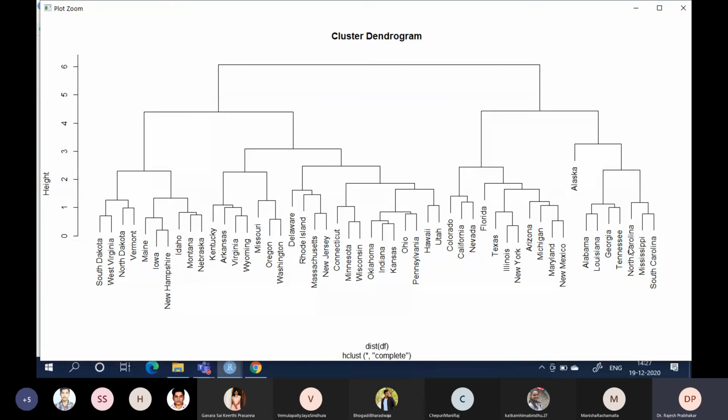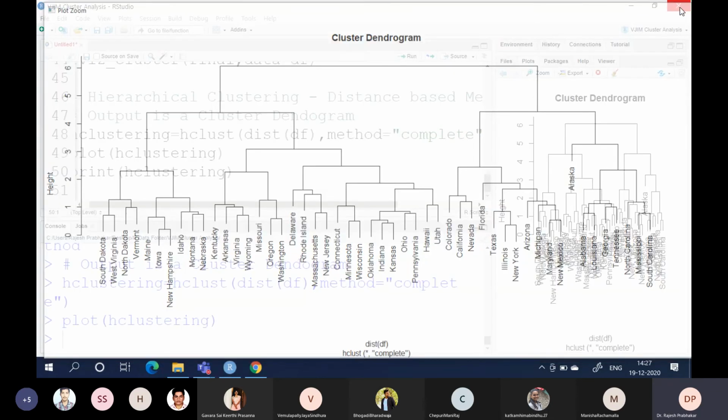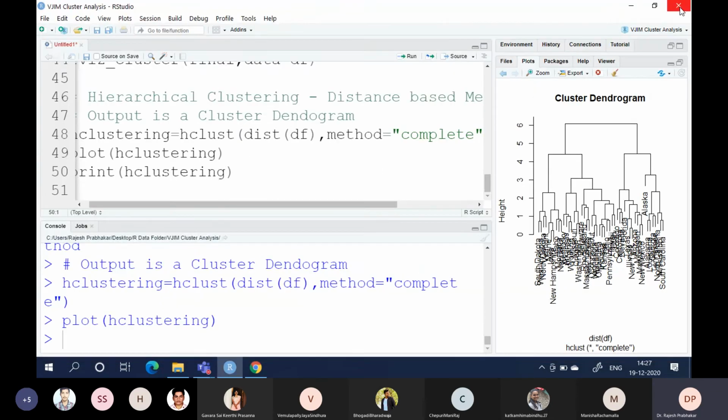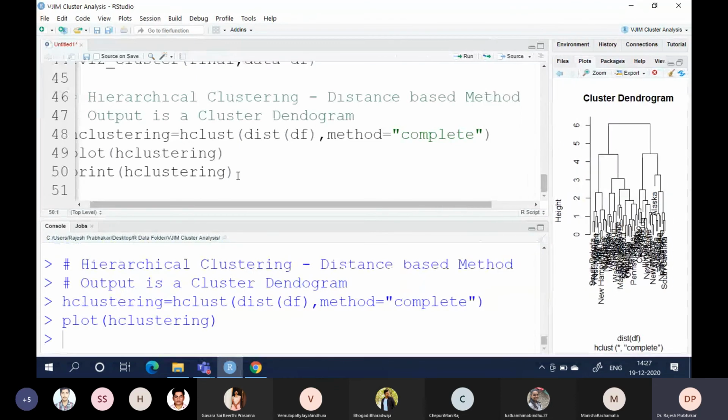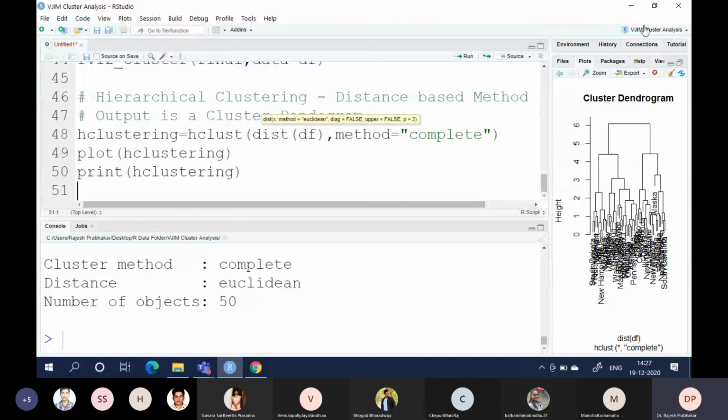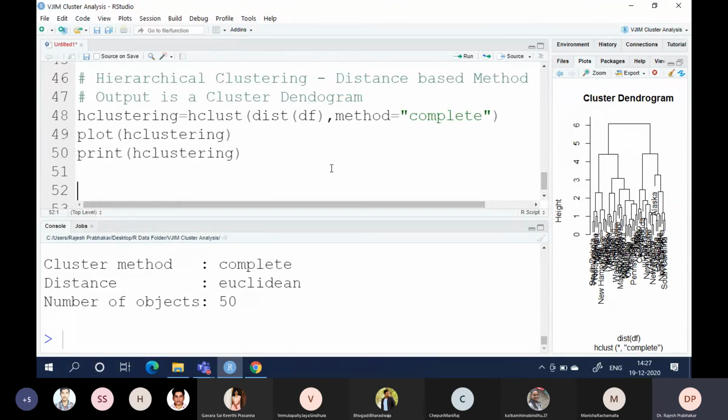Alabama, Louisiana, Georgia, Tennessee, they are all in one cluster. Alaska is a separate cluster. For numerical data, choose the complete method. For text mining data, choose the ward.D method.